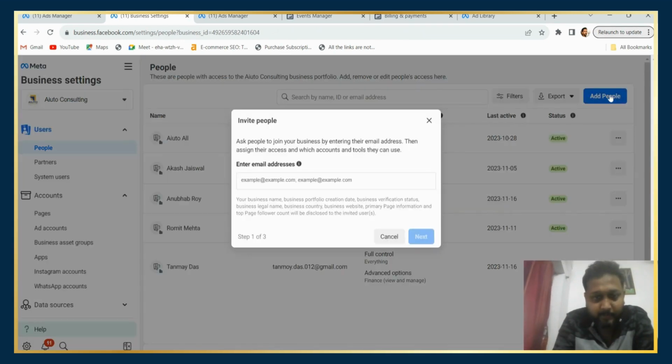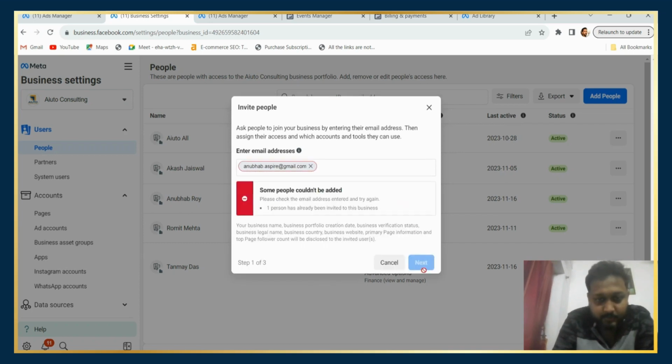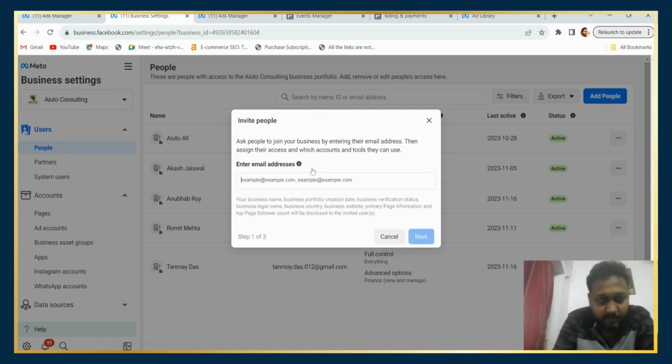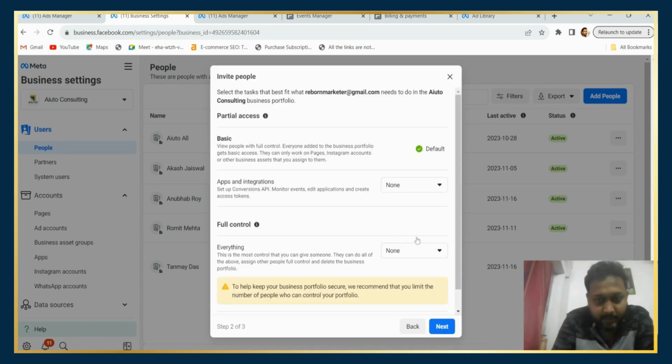Just click on add people here, put in the email ID, whatever email ID you want to put, right? So, for example, I'm just putting in some random email ID just to check. So I'm putting in my... So once you click on this, right? It's already there, so I'm adding something else. Maybe I'm adding my new email, reborn marketer at gmail.com. Right? So once I click on this and I click on next, it will give me an option to actually